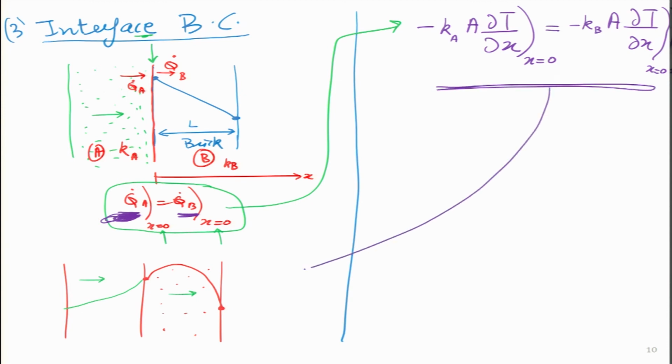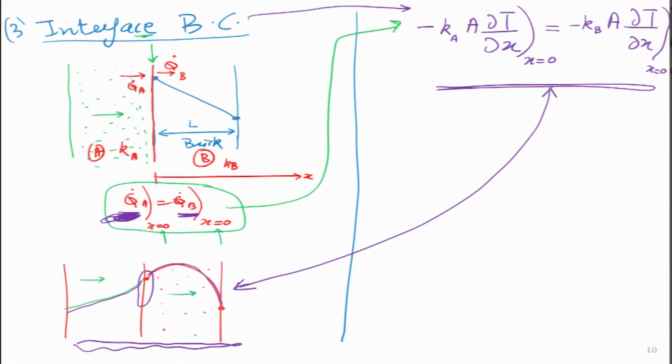Why? Because it helps explain to us that no matter how complicated these curves can be, because nature can in certain cases give us very complicated things, the engineer will only focus for the interface case on this particular part, and that is very simple over here. So, this is the beauty of the interface boundary condition. It tells us that at the interface, whatever heat conduction, convection or radiation is coming from the left side is equal to the conduction which is taking place on the right hand side.